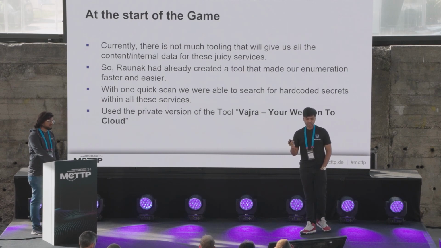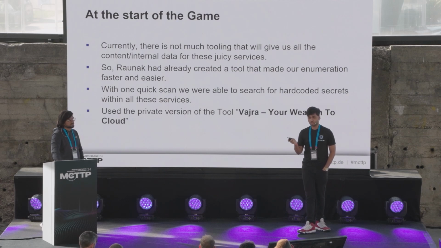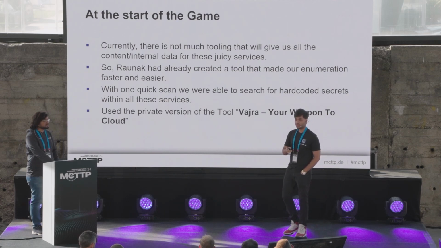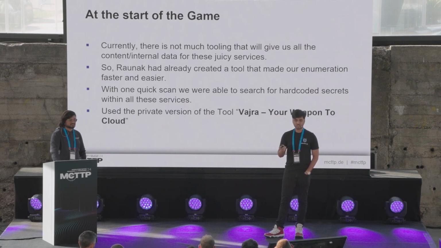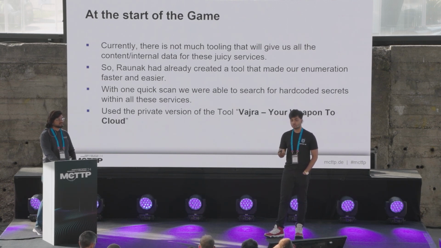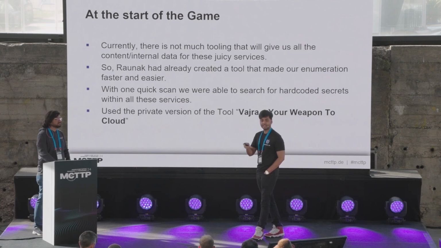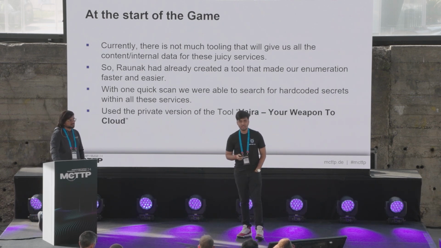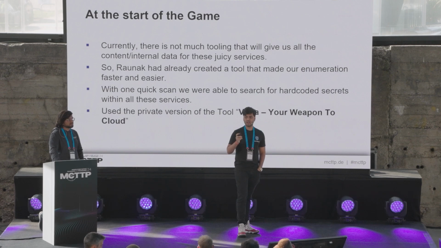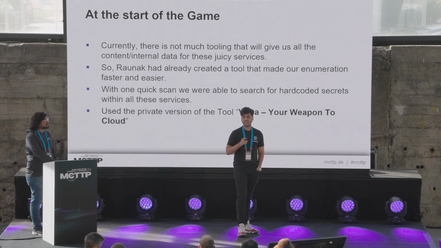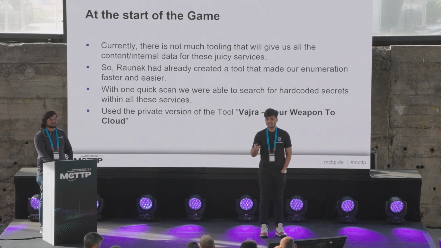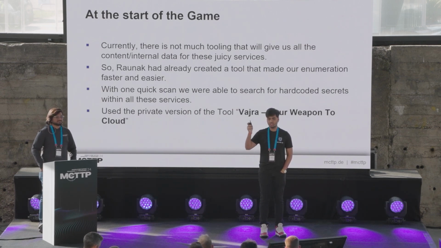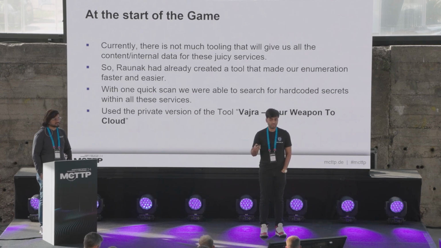So currently there are not many tools. If you see in Azure, there are tools that can perform automated enumeration scanning, permission scanning, all that stuff. But there are no tools which allow you to read the internal data of any resource. For example, let's say there are hundreds of function apps, and each function app has 10 or 20 functions within it. It's impossible for you to go to each of the function apps and read each of the code, right? And there are no tools available there.